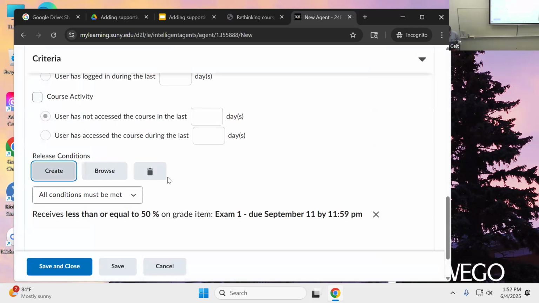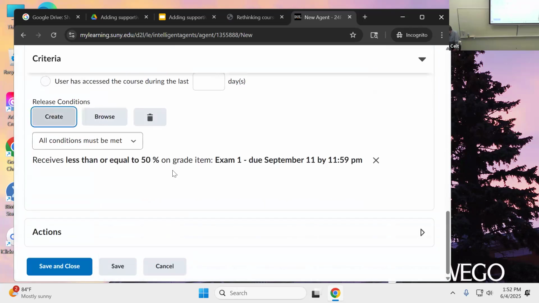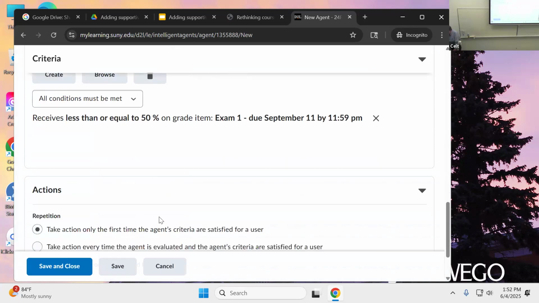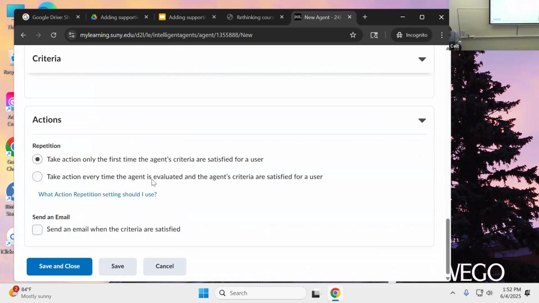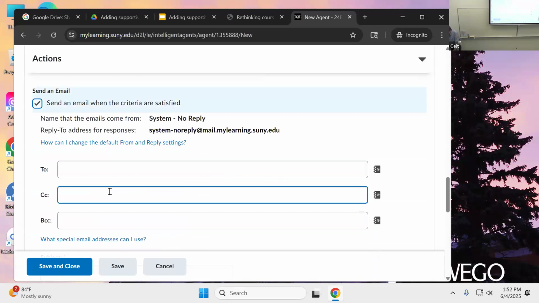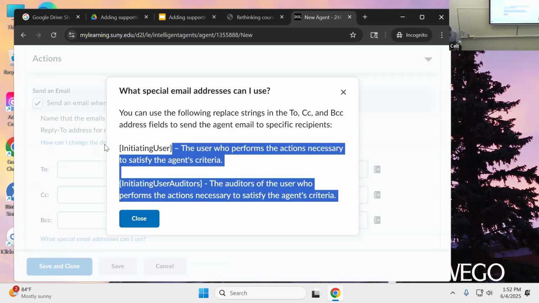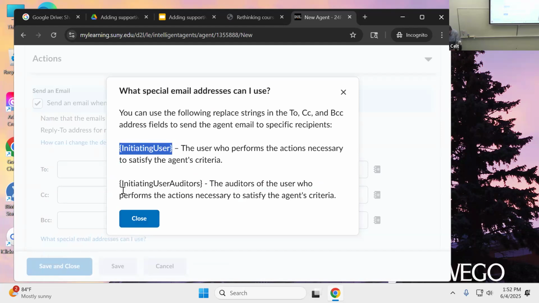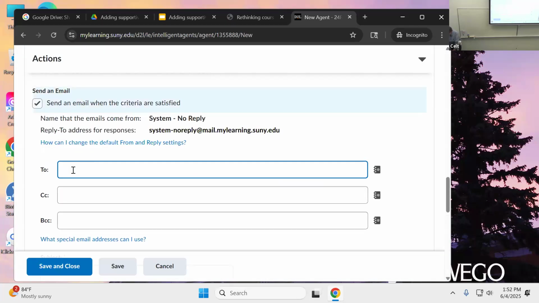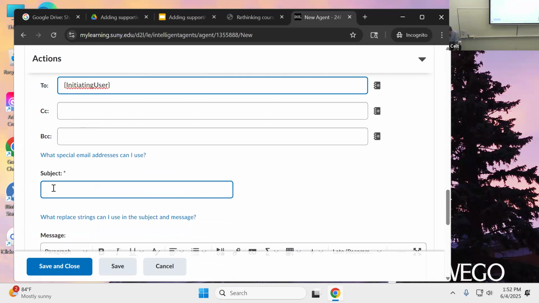And we'll say this is going to be a message in action, and it's only the first time it's satisfied, and we'll send an email. And here, again, you would put in that special email address, which is email initiating user, because that would give the full email address of the student. We'll close that, paste that in here. And then we would put the subject,